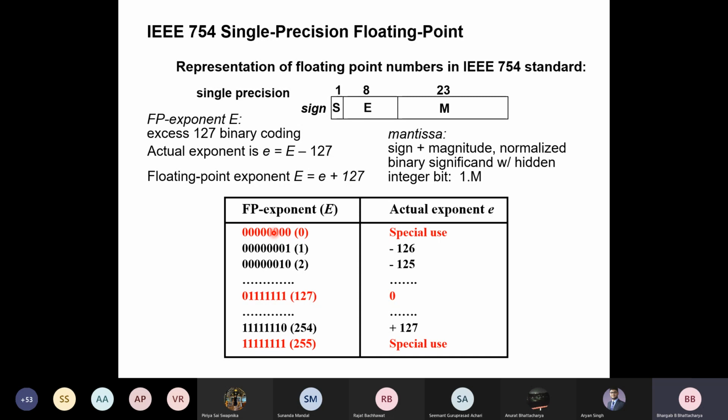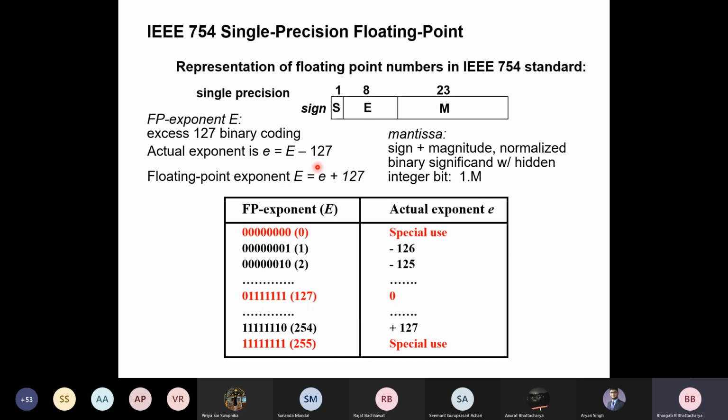Because all 0 is 2 to the power minus 127, right? As far as this table is concerned. But that is not going to be, that we are not going to allow it. In order to represent 0, therefore we block this. We block this all 0 exponent and make room for special use. We don't have anything 2 to the power minus 127, even though, if we apply this relationship, then